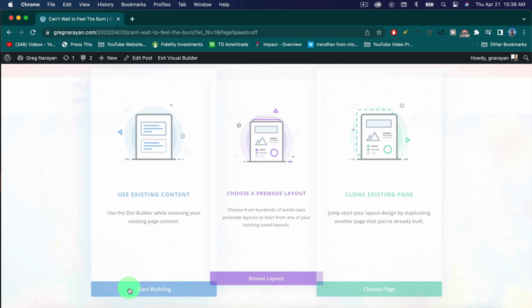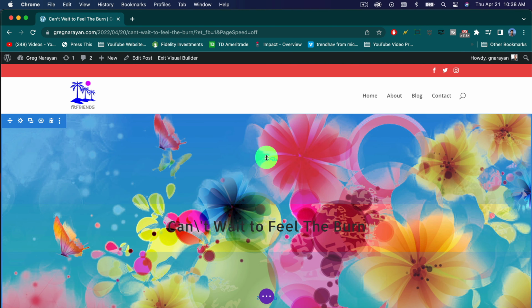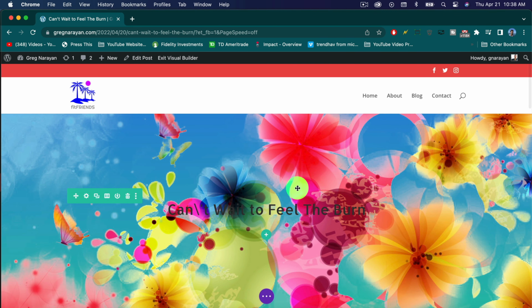And we're gonna use existing content, of course. All right, so now we're gonna just click on the text up here. For some reason we had to click edit body template. That's fine. Just starting to look a little different here. Maybe Divi passed an update to make things a little more intuitive. We'll edit the text